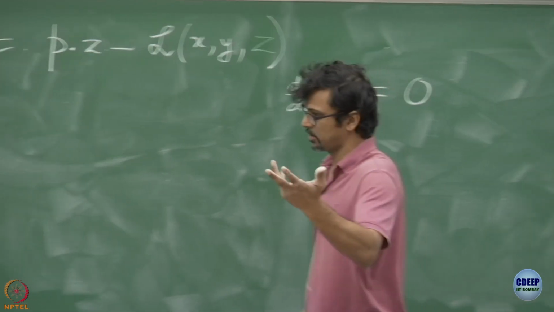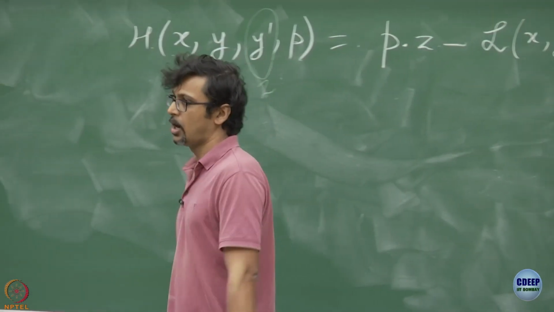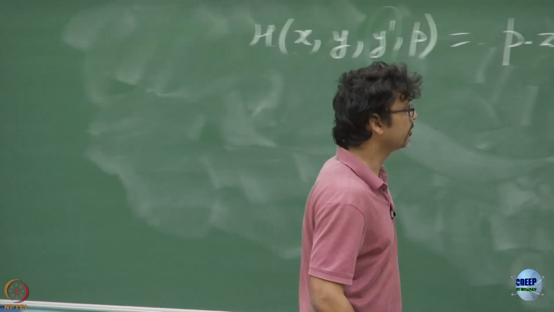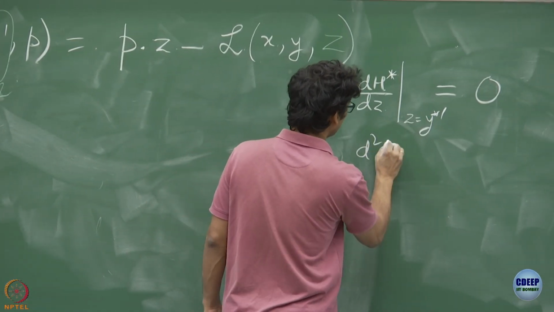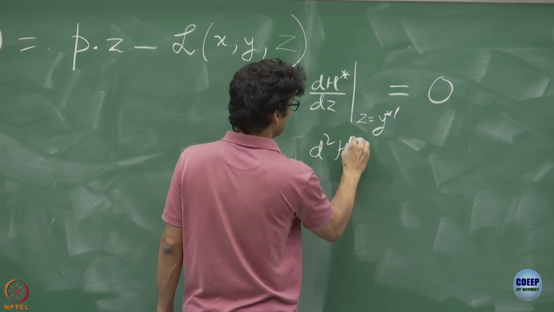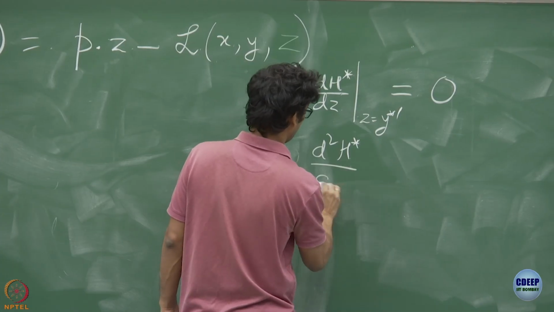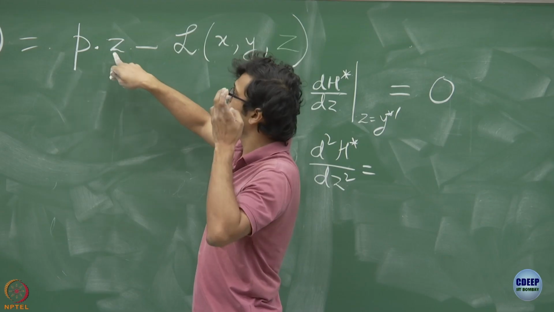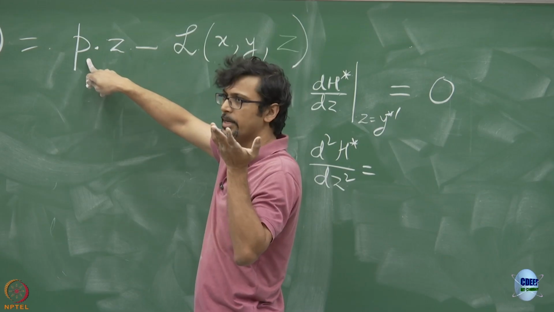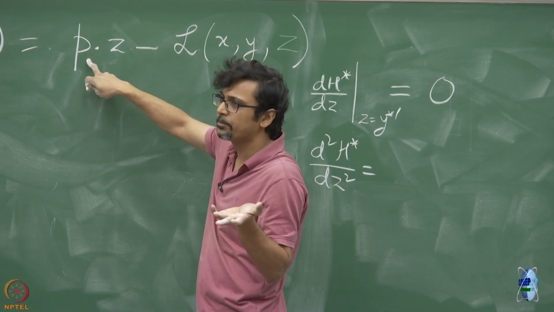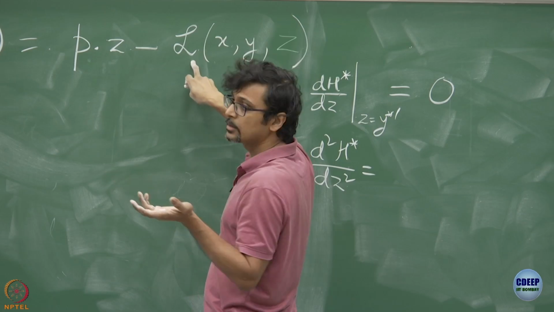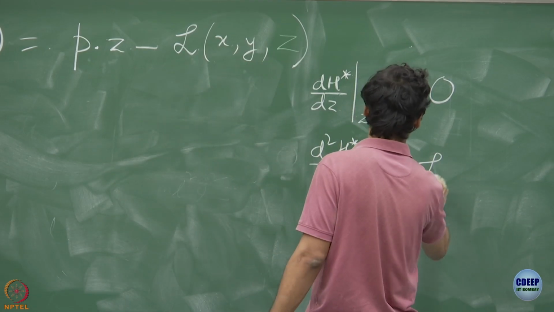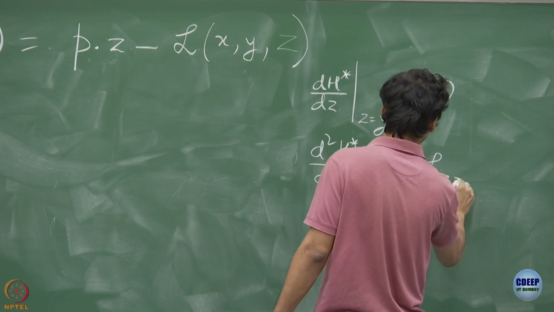Stationary point, it could be a maxima, it could be a minima. How do we know whether it's a maxima or whether it's a minima? If you take the second derivative, you will see what happens now. See, you differentiated once, you've got rid of the z, but the p remains here. Take the second derivative, the p vanishes. Now you have to take the second partial with respect to z. So it's equal to minus L_zz